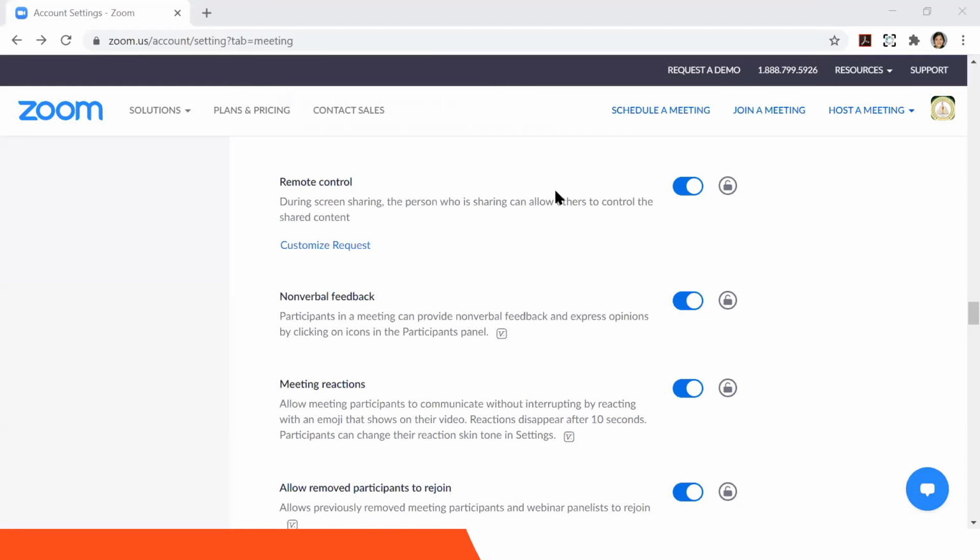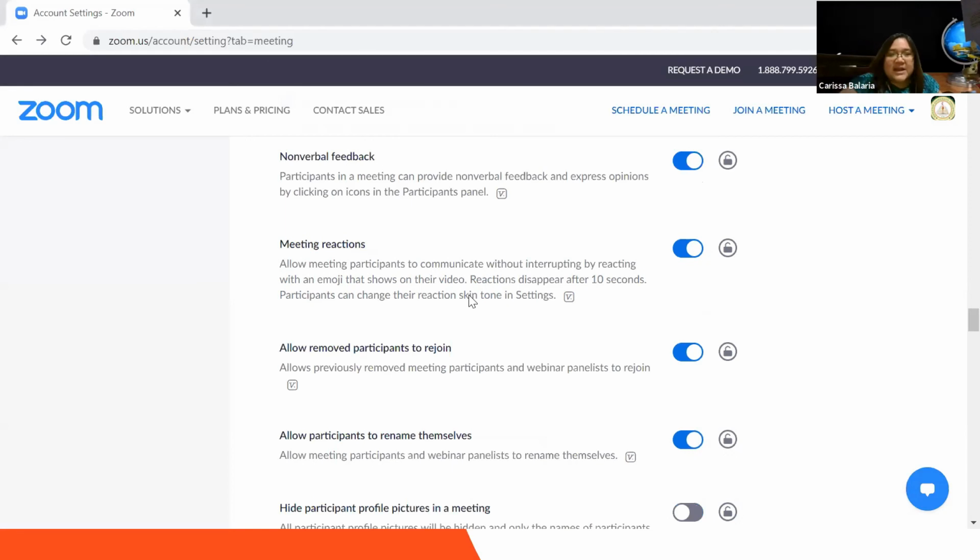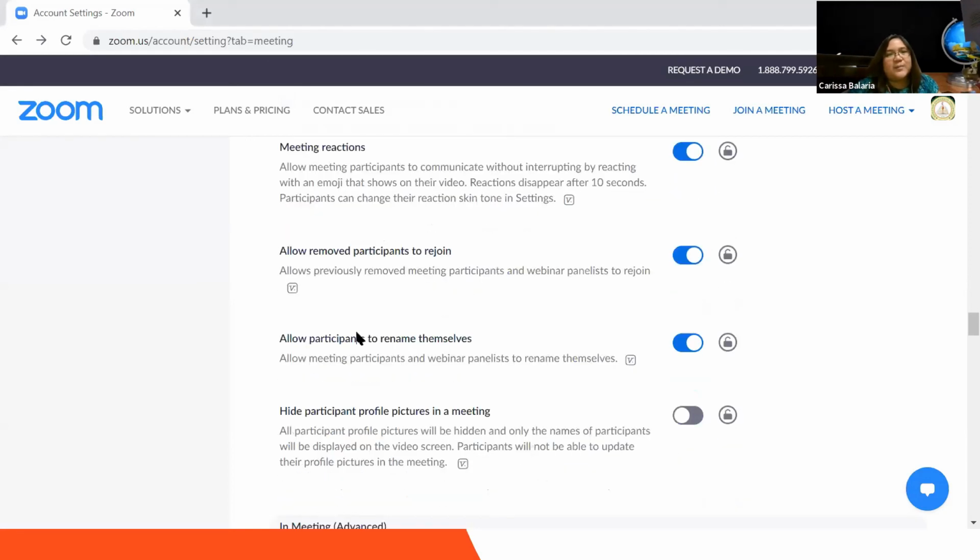Okay. Next. Madami po kami. Okay, ito po. Please click this one. Please make sure this is clicked. Allow remove participants to rejoin. Kasi for example po,